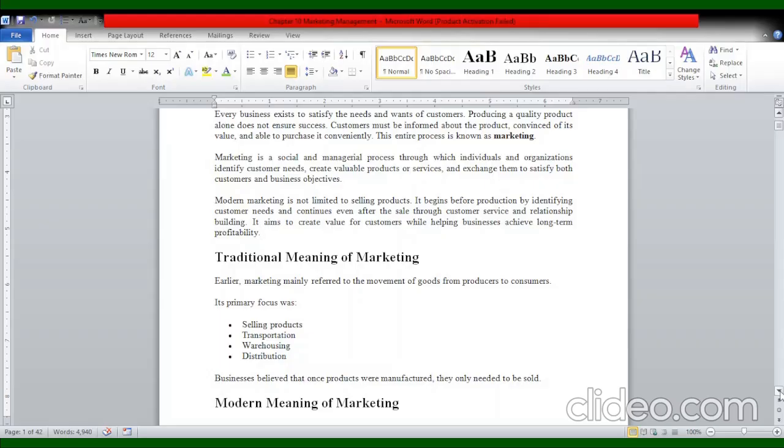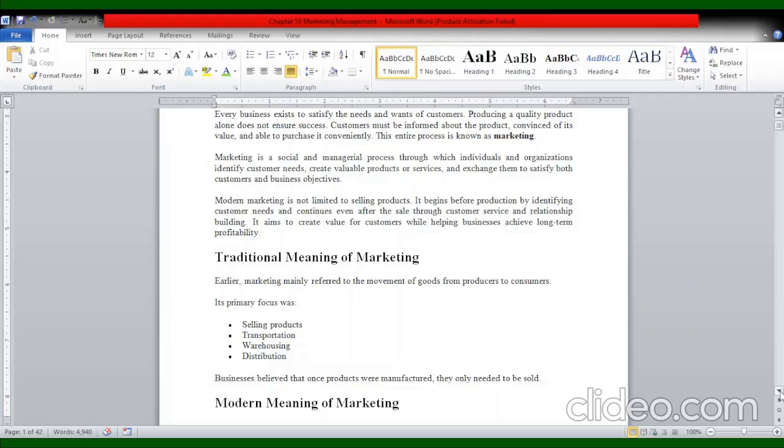They need to just transport the product from one channel to another. They just need to warehouse, or say store, the product after manufacturing at a particular location, and from there they can distribute the finished goods, or the ready-made goods, to the different channels, from the wholesaler to the retailer and from the retailer to the customer. So this is how they distribute the goods. This is a very narrow definition of marketing that we consider the traditional view of marketing.